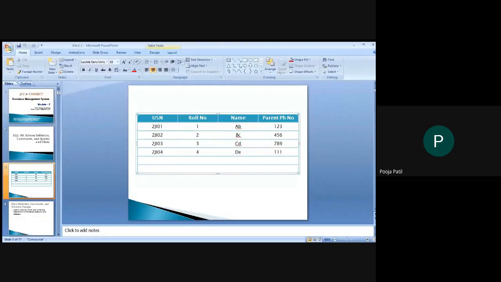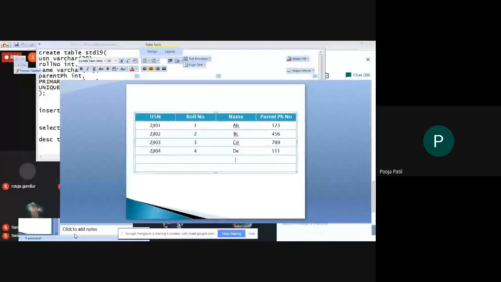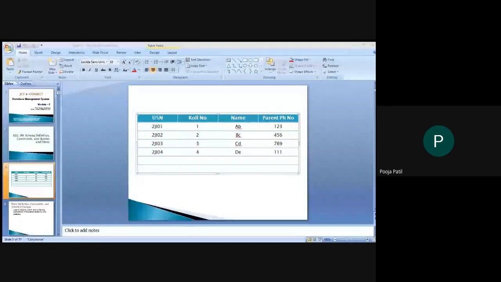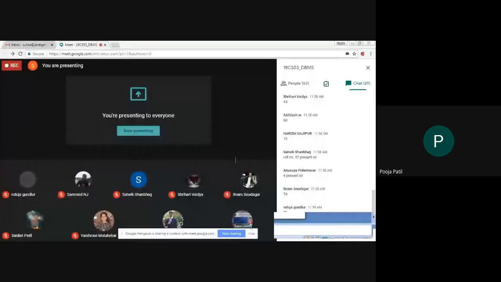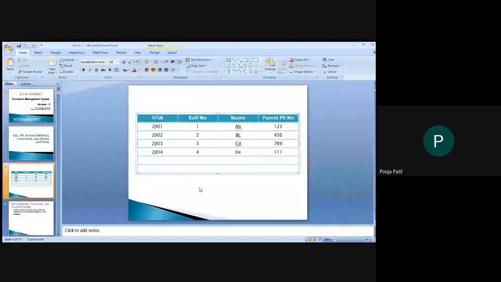Normally, whenever I'm showing the PPT and telling you, I will not see the comment section. If possible, unmute yourself and say it. It's better for me. Otherwise, I have to switch to the comment section and check it. So I will continue with this slideshow only. At least one or two people respond, whatever your understanding. Okay. So how many columns are unique in this one?